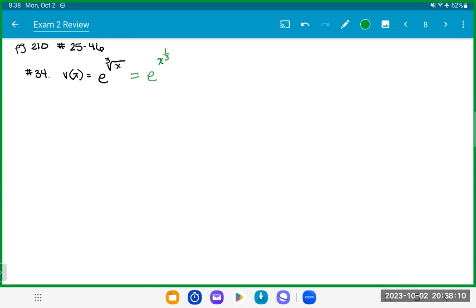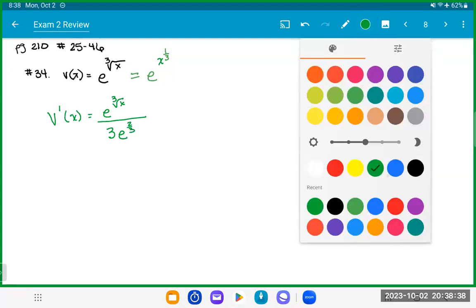So we're looking at this here, and I want to do the derivative. So v prime of x is equal to e to the cubed root of x over 3 times x to the 2/3. And how do we get that? We get that because,